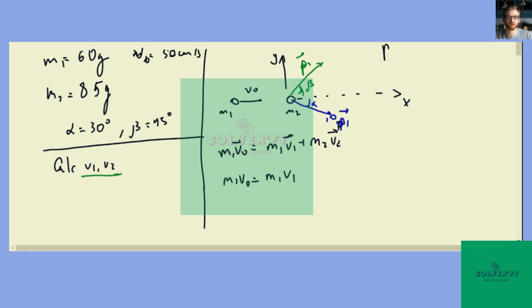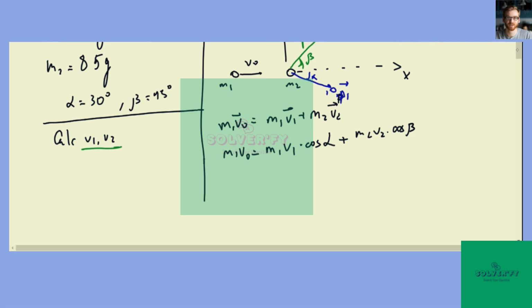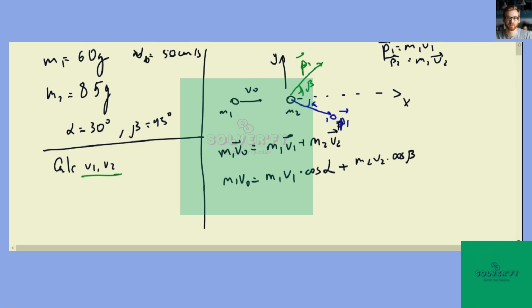And p1 equals m1 v1, and vector p2 equals m2 v2. So the projection of vector p1 on the x-axis is p1 times cosine alpha. Therefore, it's m1 v1 cosine alpha plus the projection of vector p2, which is m2 v2 times cosine beta. So here we have one equation with two unknowns. We need a second equation, and this equation will be the projection on the